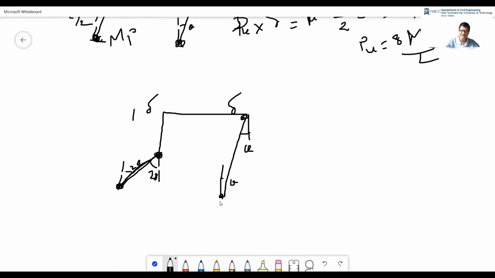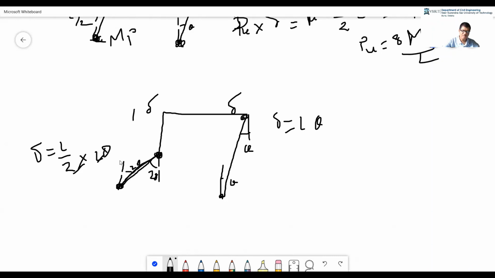Delta here is L into theta. Here delta is equal to L by 2 into this theta 1. So to keep it the same, this must be 2 theta. Delta is equal to L into theta. And here delta is equal to L by 2 into some angle phi. So that must be 2 theta. It will be L into theta. So these angles will be 2 theta. That is the only change we have to see here.